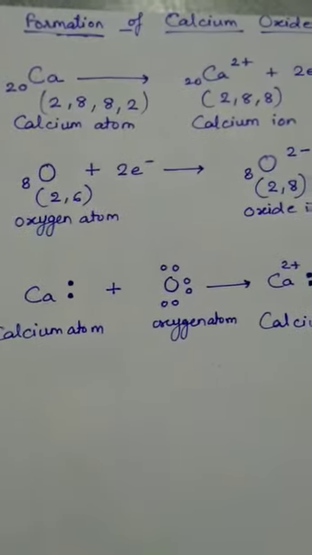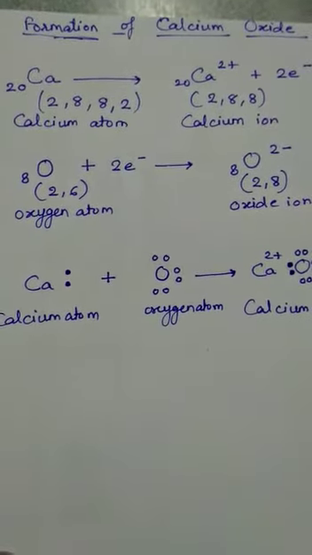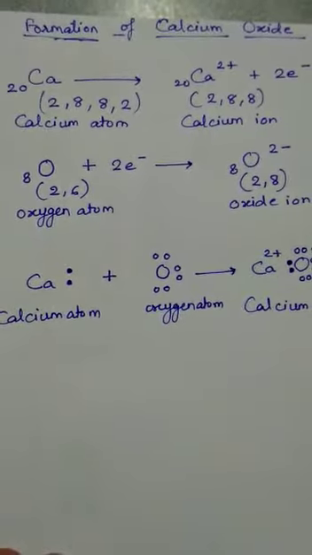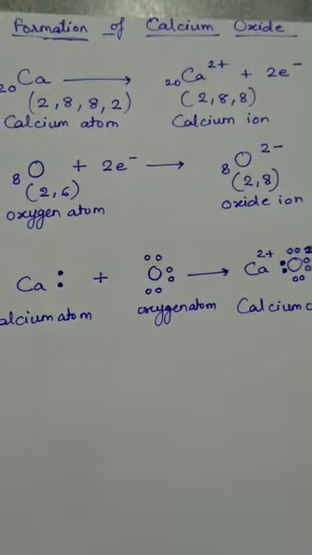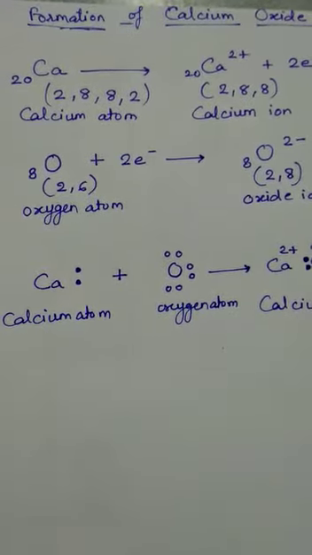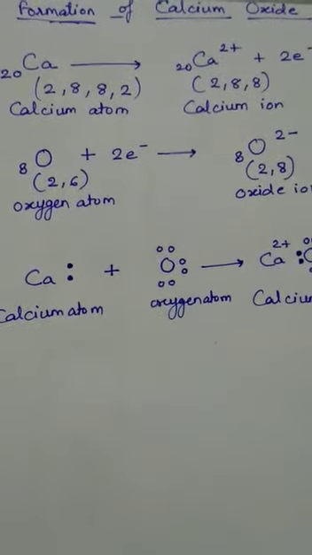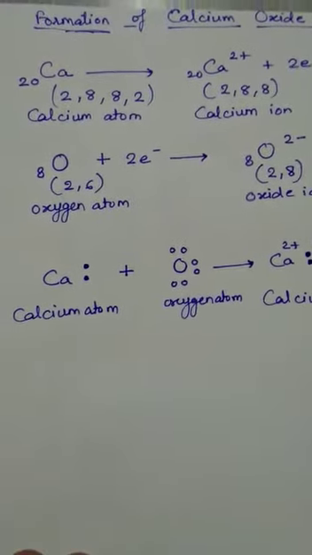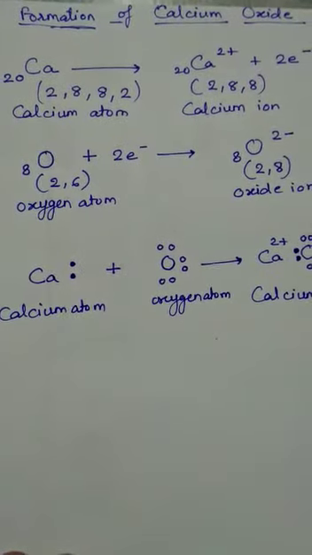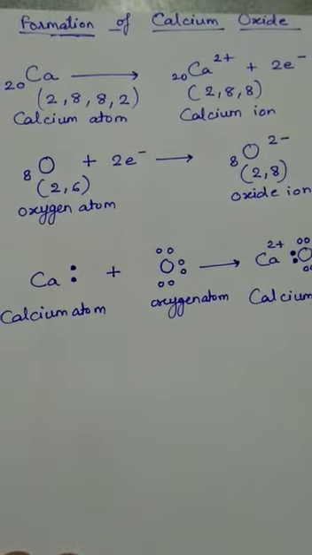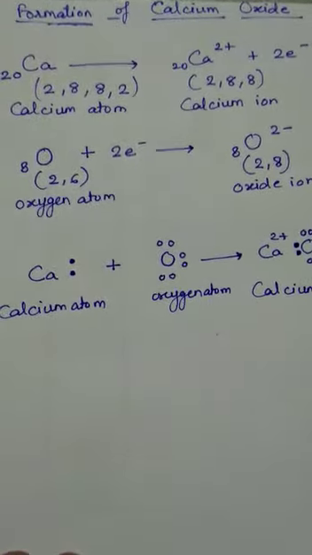Let us now see the formation of calcium oxide molecule. Calcium, we know, has the atomic number 20. The electronic configuration is 2, 8, 8, 2. That means there are two valence electrons. Now the two electrons which are present in the outermost shell will be donated by calcium because calcium is a